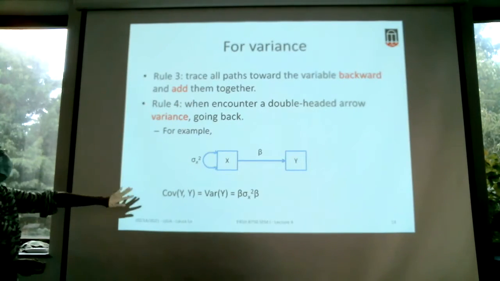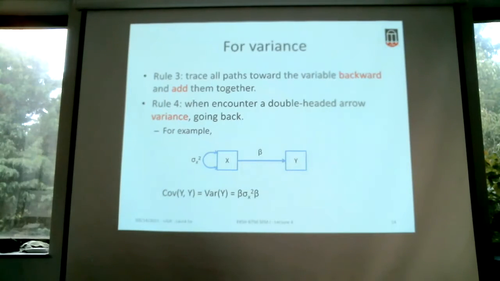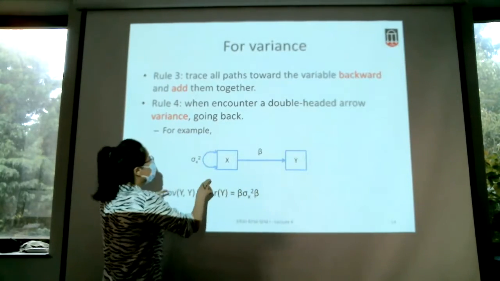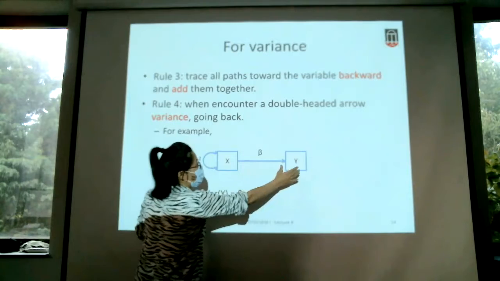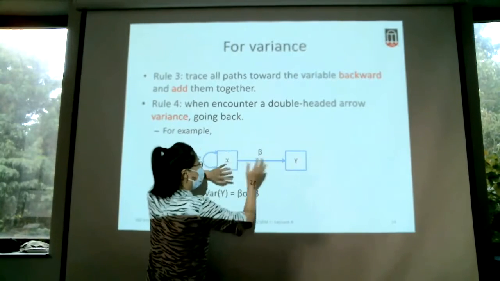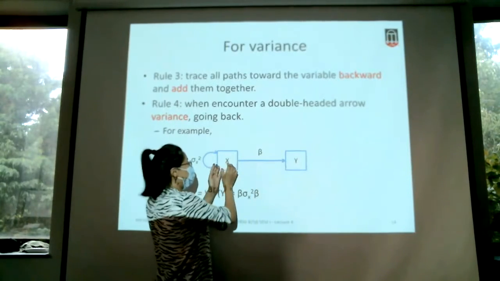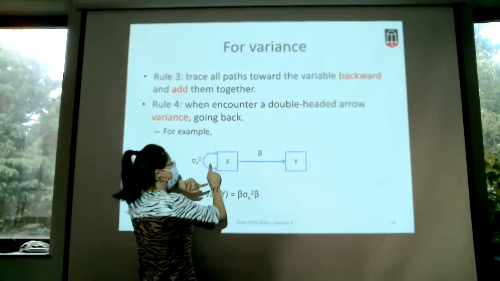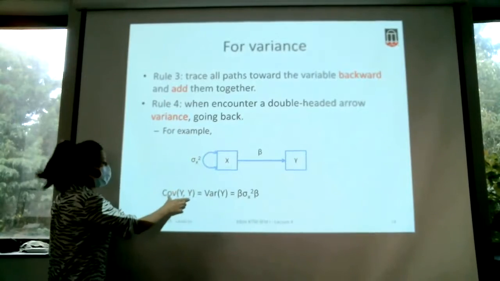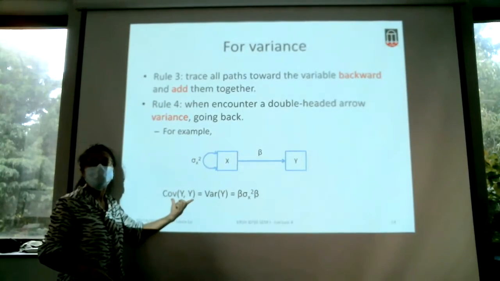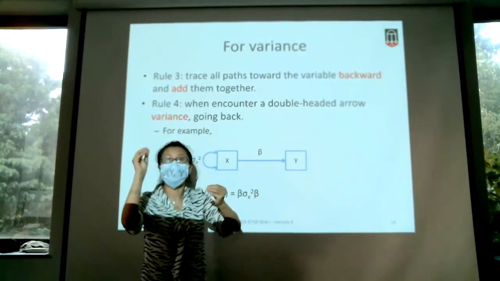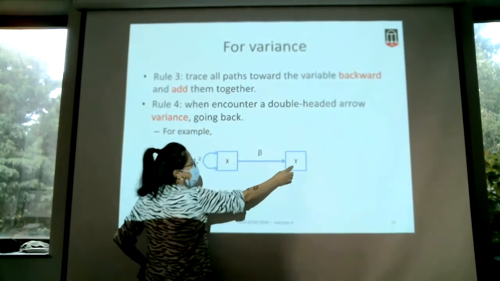If we have a variance part, then you should use the variance part. This is a double-headed arrow, this is variance. Now it's not the covariance between x and y. Previously, we had the example of covariance between x and y, so beta times variance of x, and stop here. But now the question is, what is the variance of y? So we start from y, and we should go back to y. The question is different. It's not a covariance between x and y. So we start from y